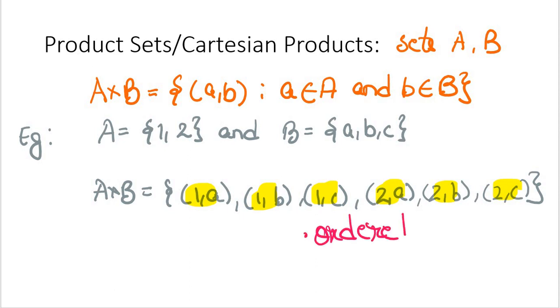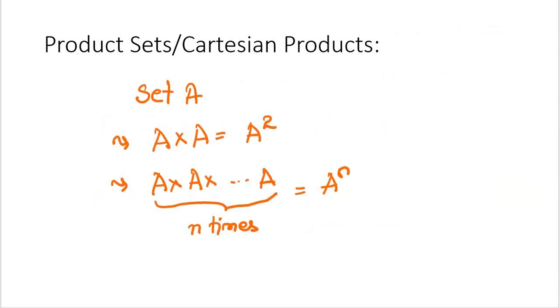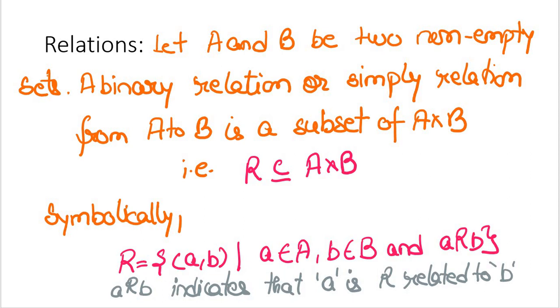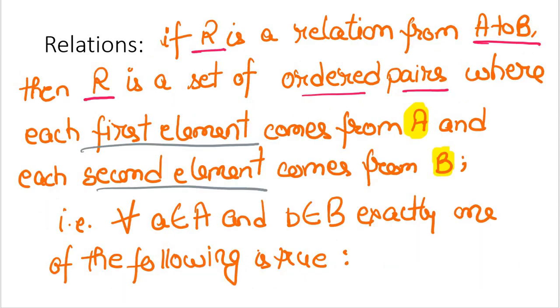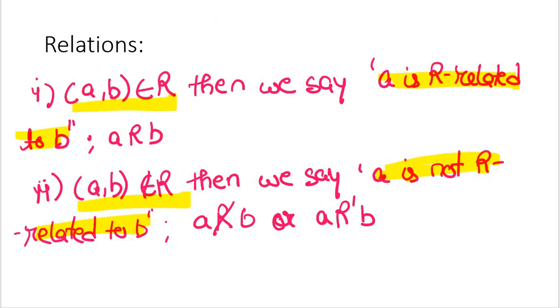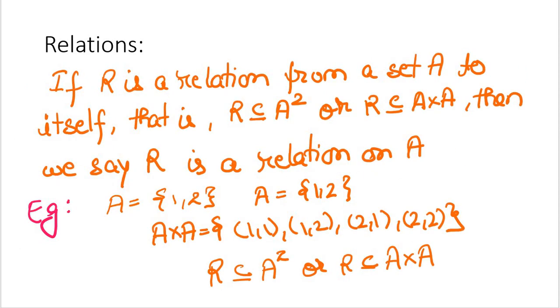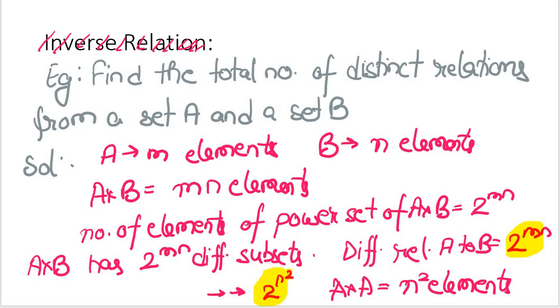So these things we have utilized further. Then we saw the Cartesian product, where we said that I have a set A and I can take the cross product with itself, and looked at what results it gives. Then we looked into relations, which are nothing but a subset of the cross product of two sets, and these two sets are to be non-empty sets. Then we saw relations in some depth, we saw some instances as well, and we ultimately talked about the inverse relation.